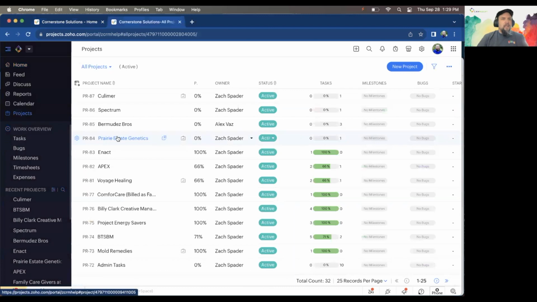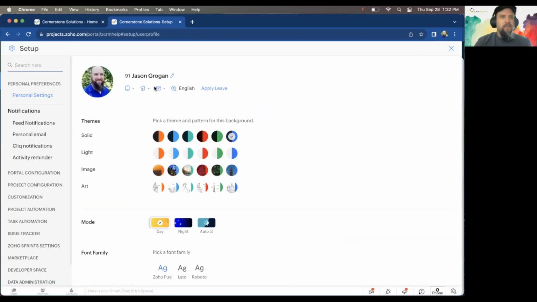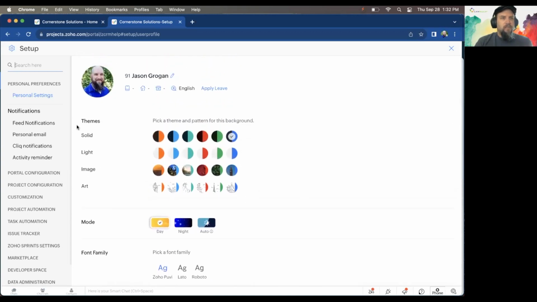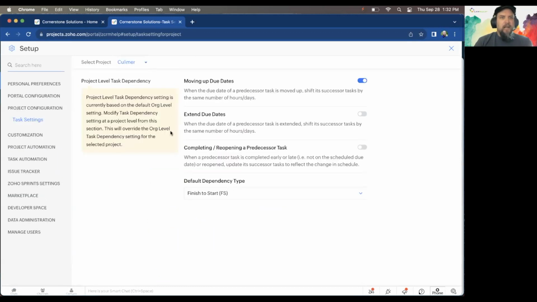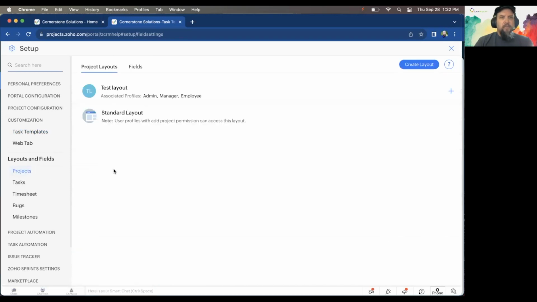And so you can look to see what all projects are out there. You can start a new project. Some of the things you can do, of course, is going in on your settings. You can set up your personal preferences, how you want things to look for your stuff. But you can also go in and set up how the projects look, the customization, of course, your layouts, what you want everything to look like and to be able to see,